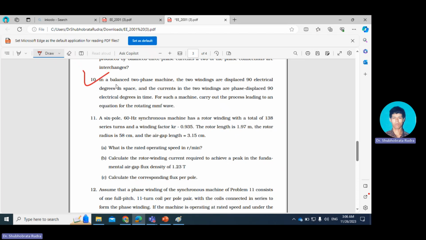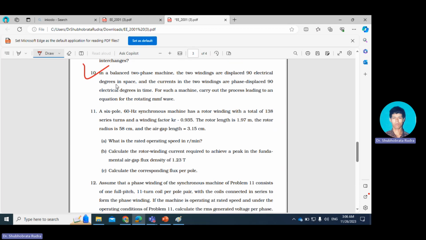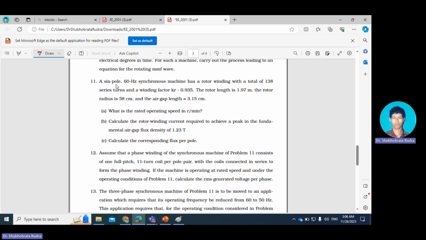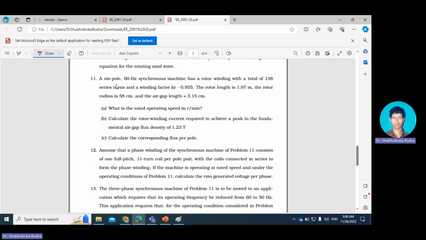So that is done. Question number 11: a 6-pole 60 hertz machine has a rotor winding with a total number of 138 series turns and a winding factor Kr. So it's all about the rotor. The rotor length is 1.97 meter. The rotor radius is,